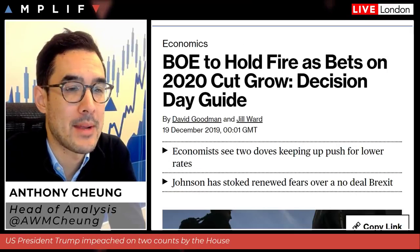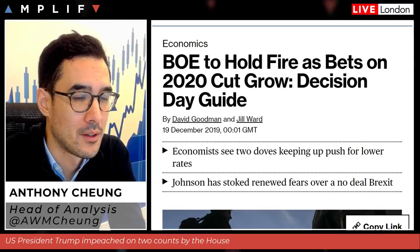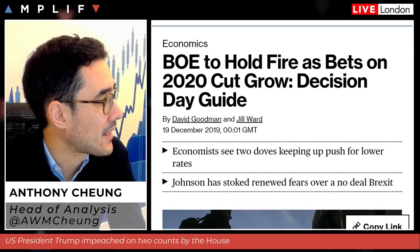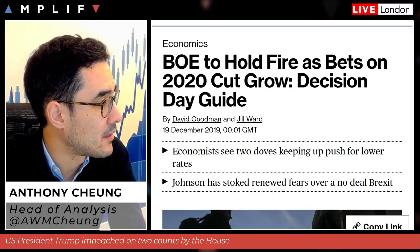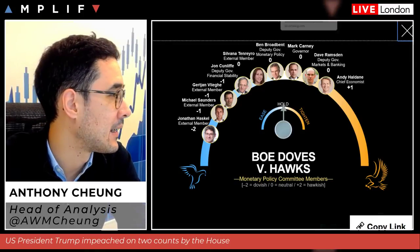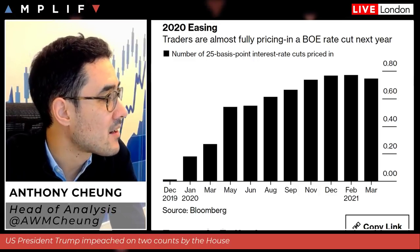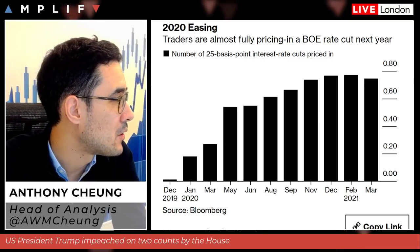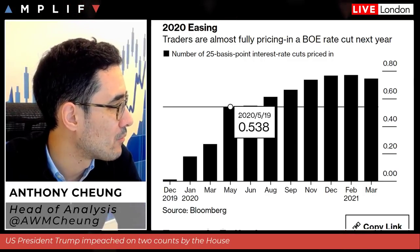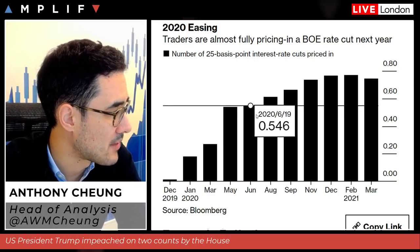The other thing, of course, coming up, the Bank of England interest rate decision. Not expecting any real great movement on the back of this, so very much expected to hold rates, even though markets are pricing in, as you can see on this graphic, an interest rate cut as the more favourable pricing by markets at the moment. You can see then when we get to really around May, June of next year,